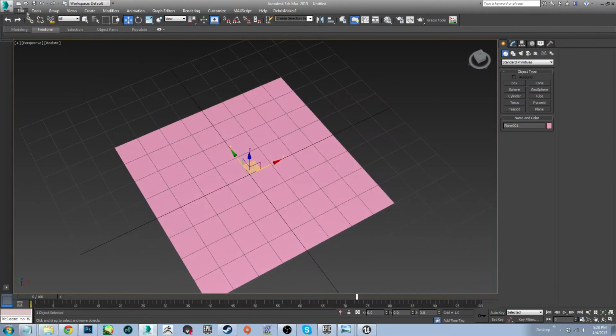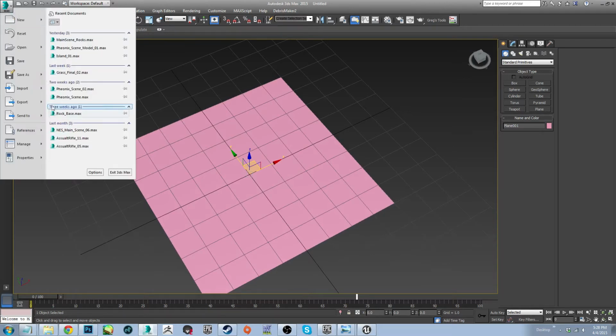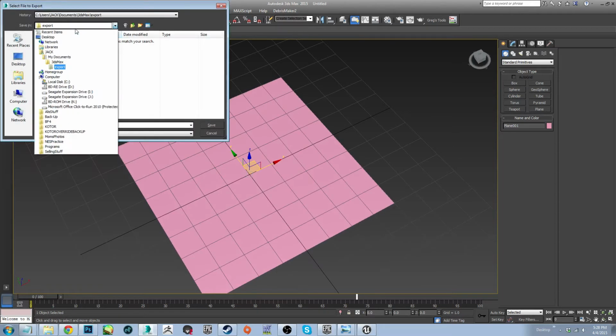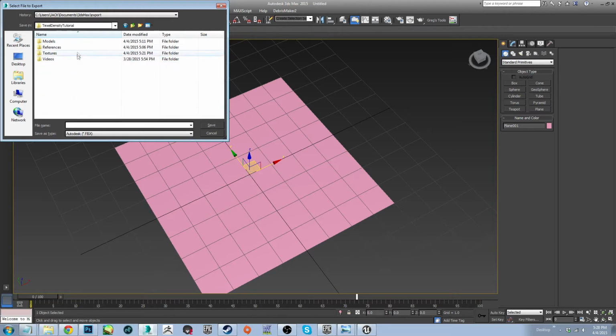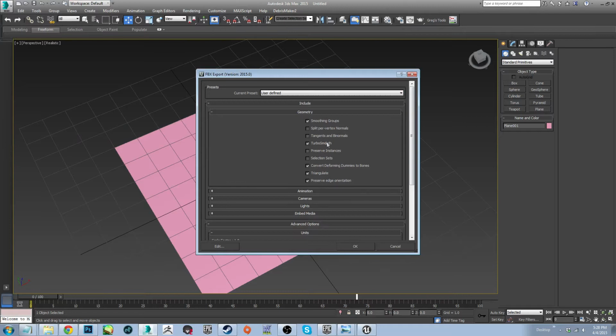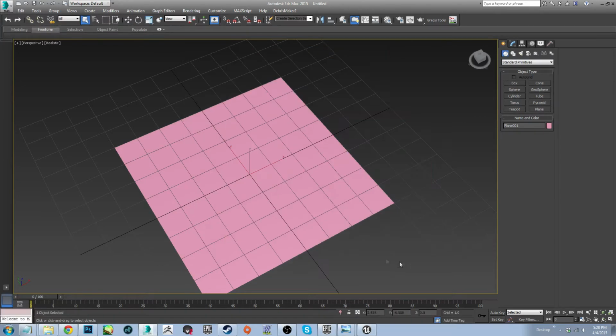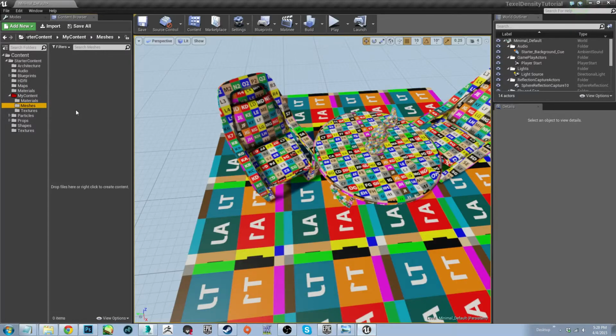What I'm going to do is export this now. Export selected, desktop, backup, tutorials. Alright. Plane underscore reference underscore 64. That should be good. Triangulate, smoothing groups, that's all good. Okay. Now when we come back over, let's go ahead and